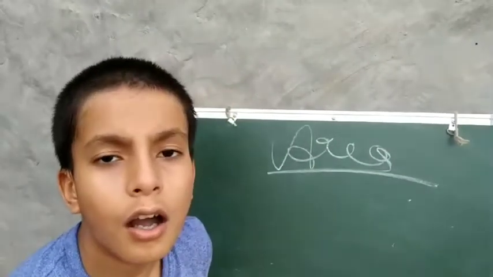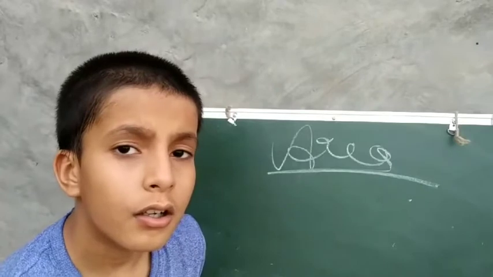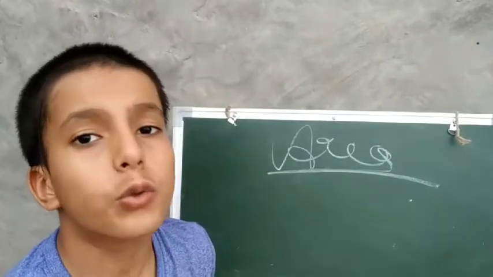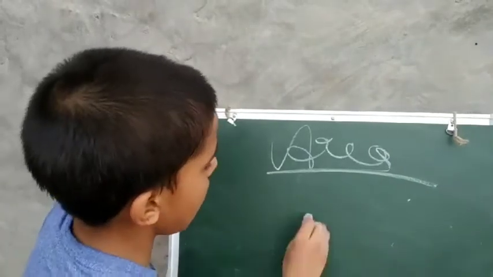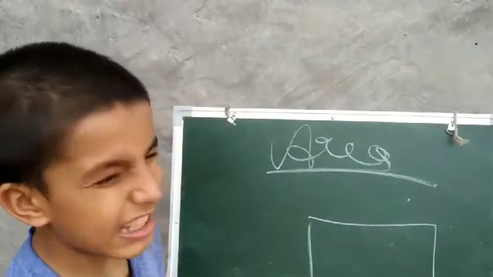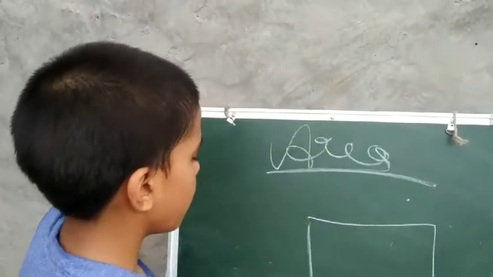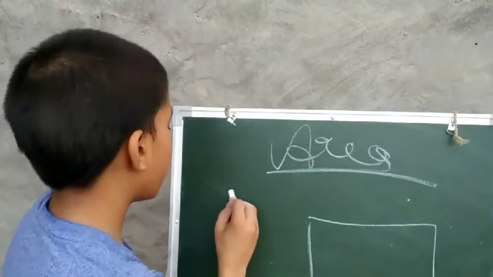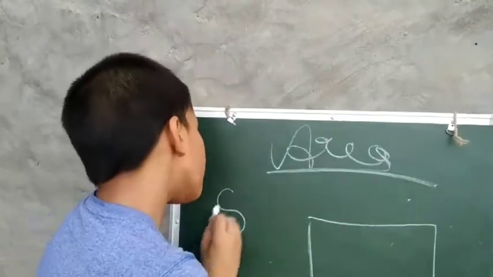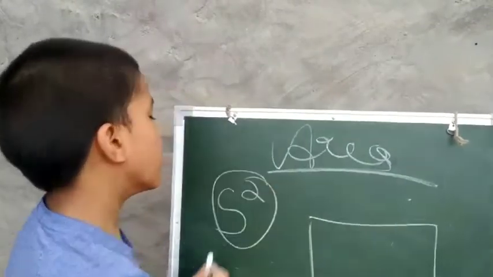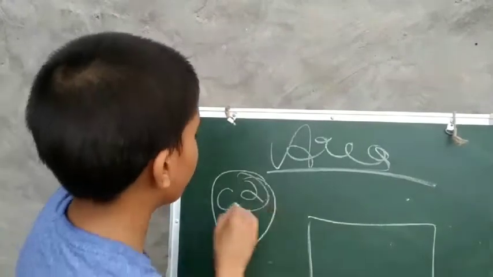After that, the area of the square is side square. What is that? It is not a confusion, not a method. It is this: side square. What do you mean by square? Square means